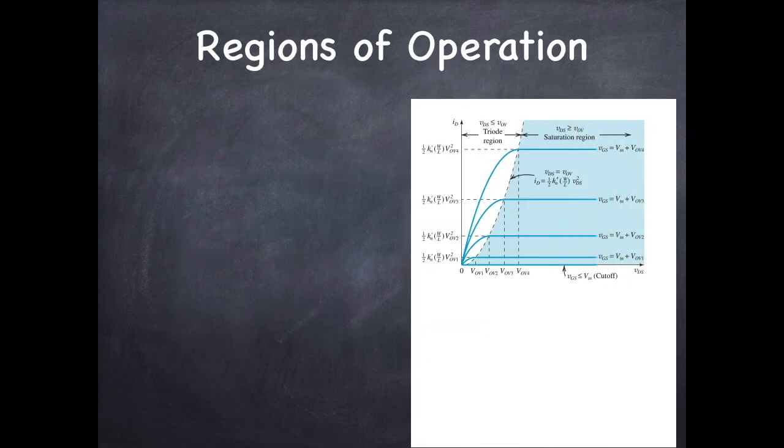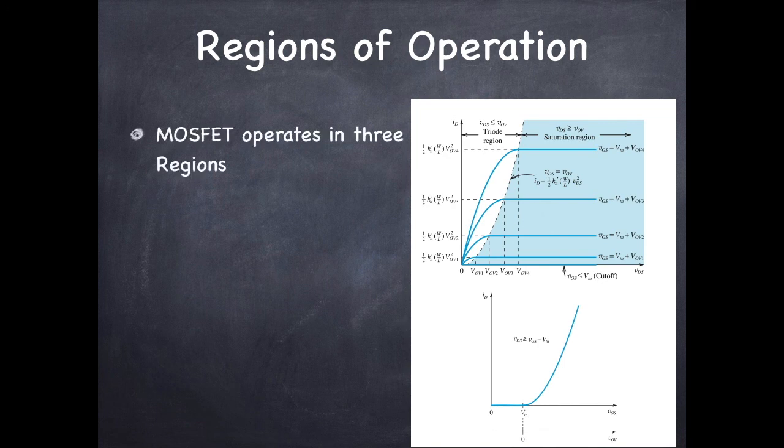This diagram shows the characteristic curves of enhancement type NMOS. You can see from the figure that MOSFET characteristic curves can be divided into three regions based on its behavior. The first region is the cutoff region. When no gate signal is applied, there is no channel for the current flow, and so output current is 0. And so the transistor is said to be in cutoff region and acts as an open switch.